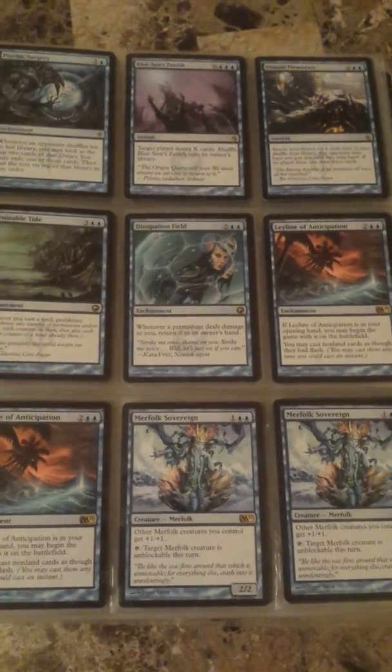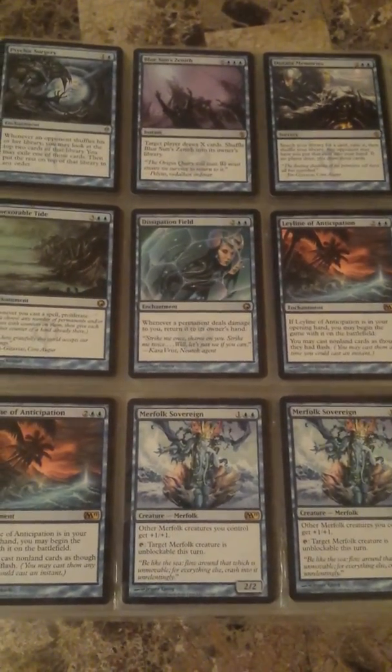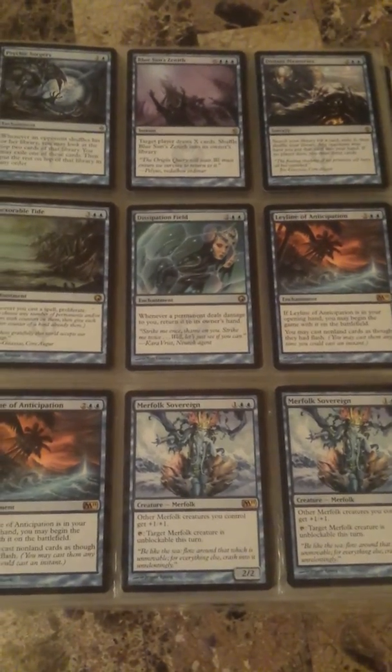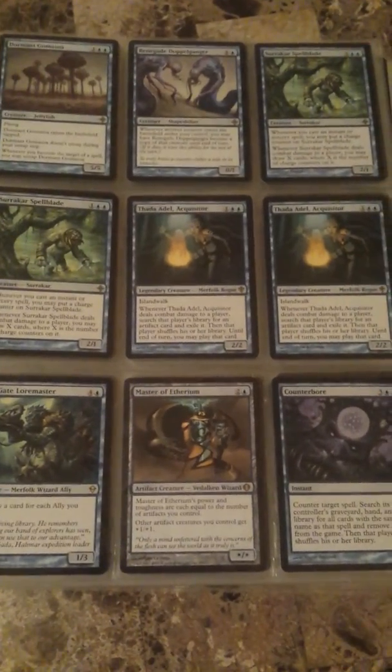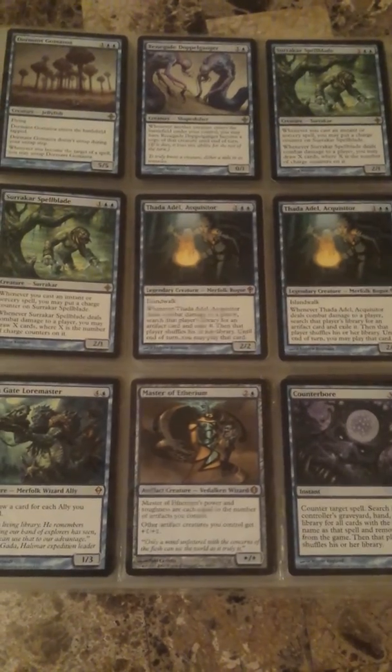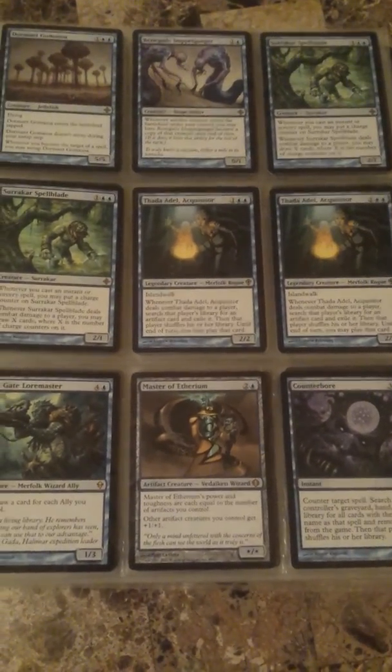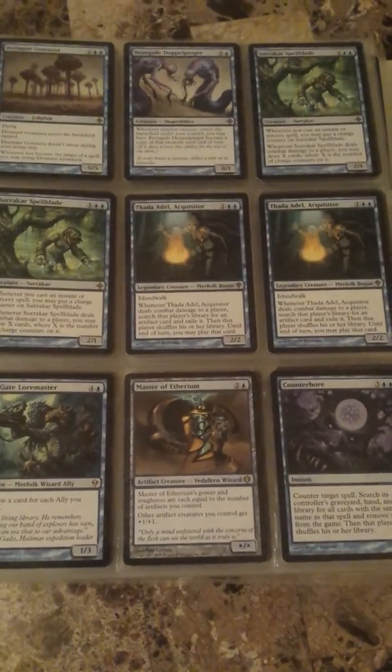For blue, there is Psychic Surgery, Blue Sun's Zenith, Distant Memories, Inexorable Tide, Dissipation Field, 2 Leyline of Anticipation, 2 Merfolk Sovereign, a Dormant Gomazoa, a Renegade Doppelganger, 2 Sivitri Spellblade, 2 Thada Adel Acquisitor, Sea Gate Loremaster, a Master of Etherium, a Counterbore,